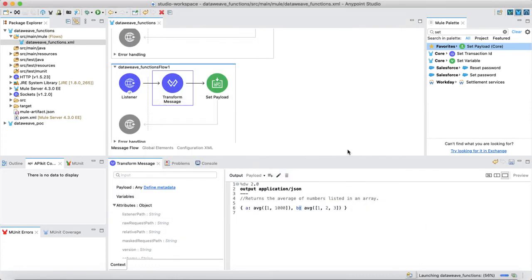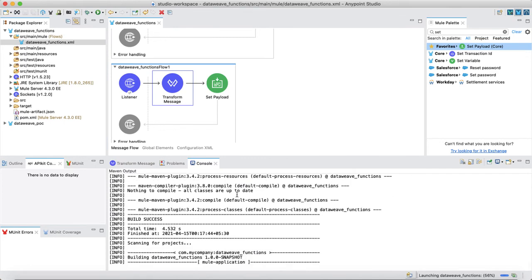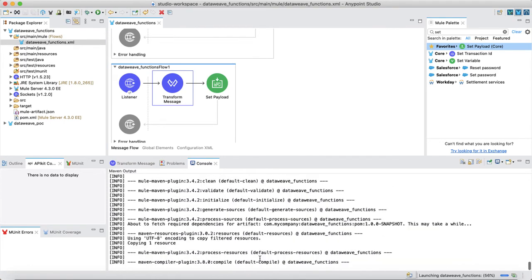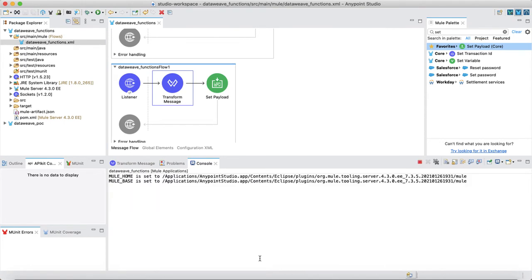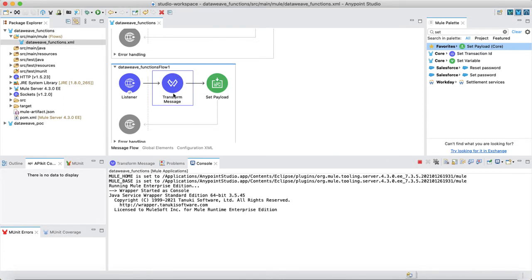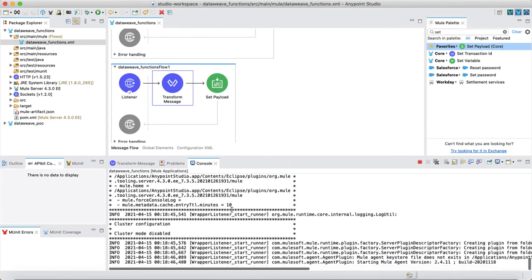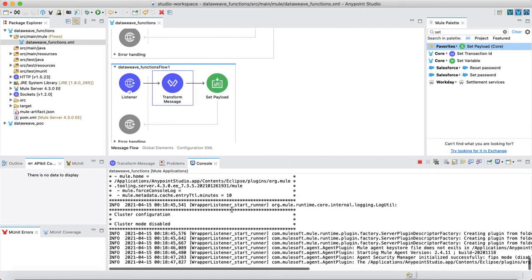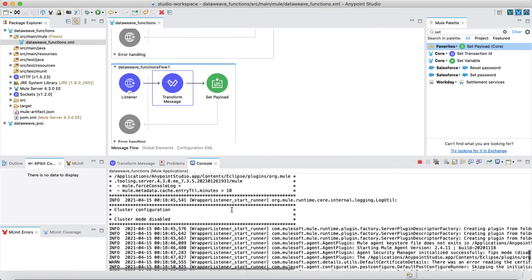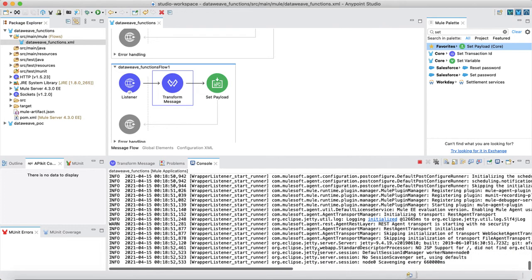And okay. So here in the console we can see, this is for one time, we just need to run it. But once we have run the configuration, anytime we make a new change over here, it will automatically get deployed. So here you can see it's running in the console, and we should be able to see if we are getting any kind of error in this console only.